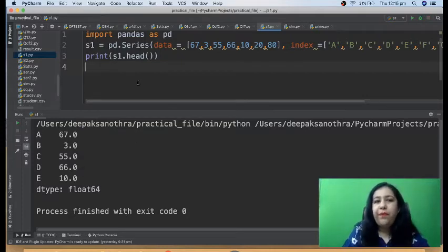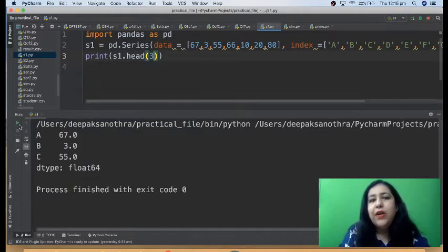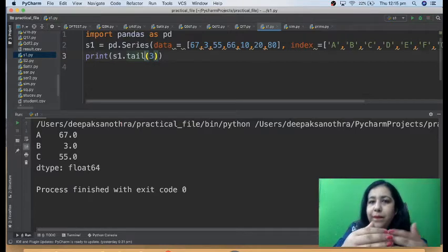You don't want top 5, you want only top 3, so you can pass 3 over here. If you pass 3 here, you will be getting the top 3 values. So I get top 3 values right here. Okay, similar way, as we have head, the meaning of head is very much clear, that from the top you have to pick, right? Similar way, if you have to pick from the bottom, then it is going to be tail. So if you have to pick from the top, it is head.